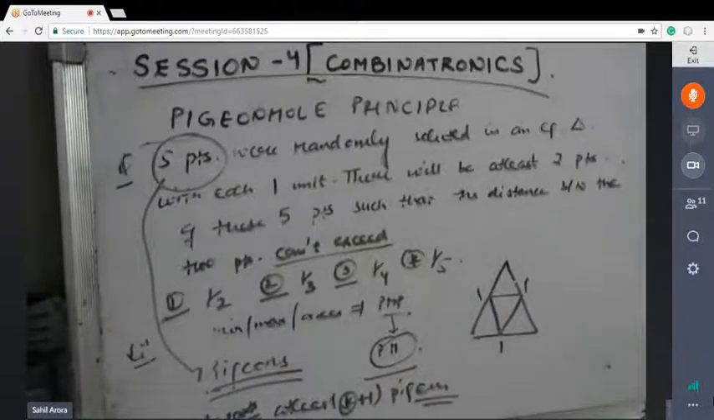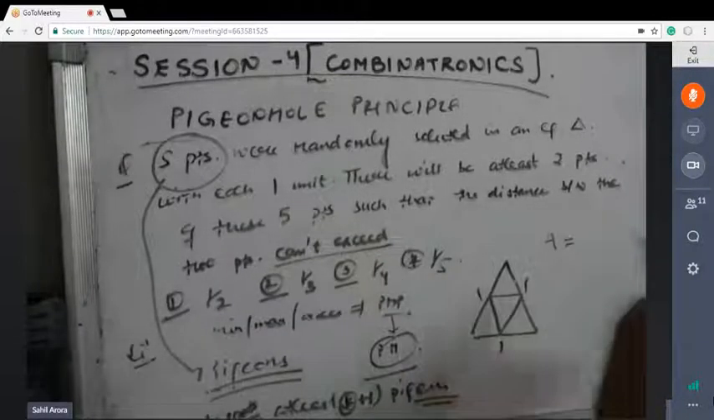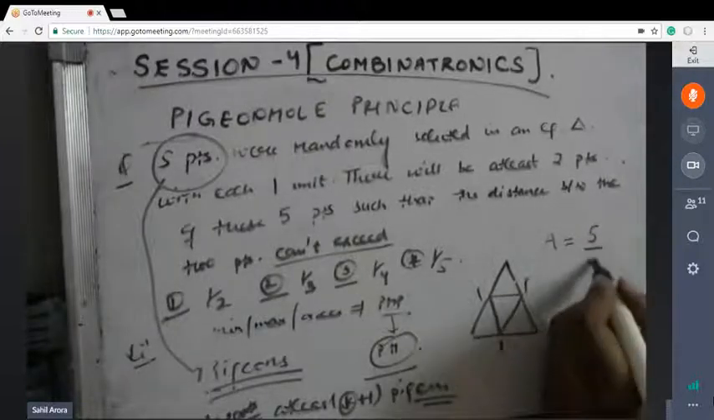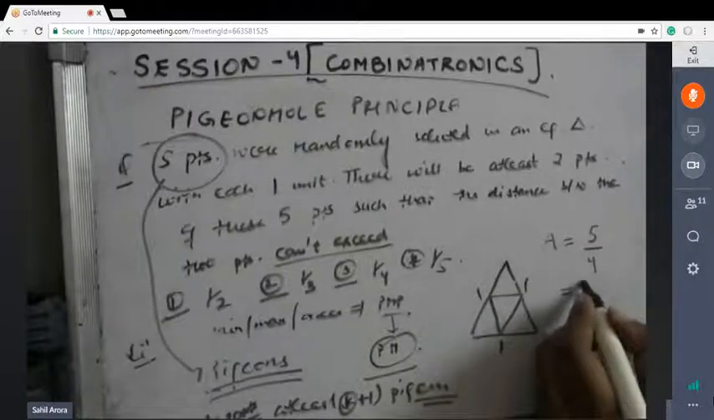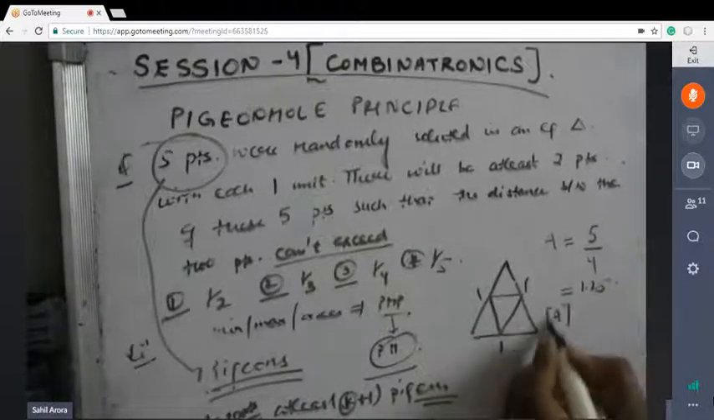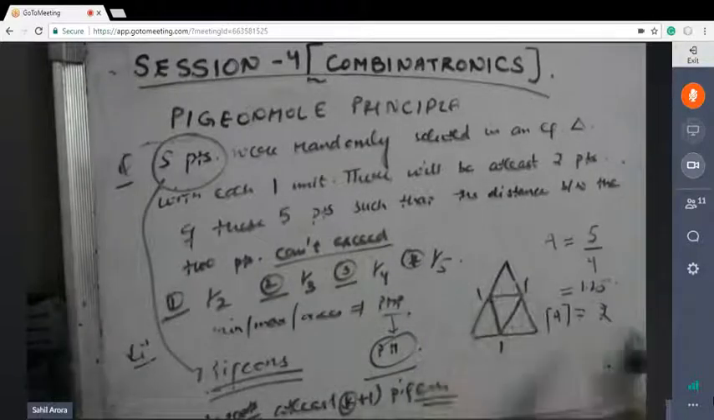Now it is very simple. Now we have here, understand, what would be the average? The average is 5 points divided by 4 pigeonholes. So 5/4, and the average is nothing but how much? 1.25. So some pigeonholes would consist of 2 pigeons, meaning 2 points,